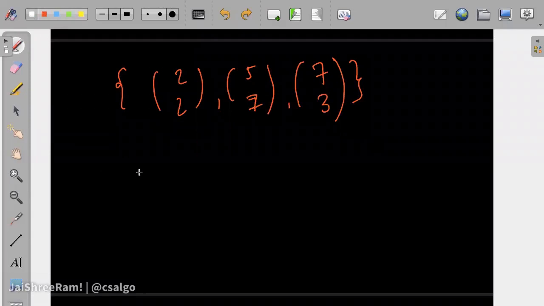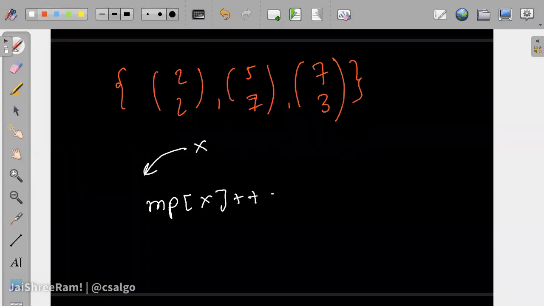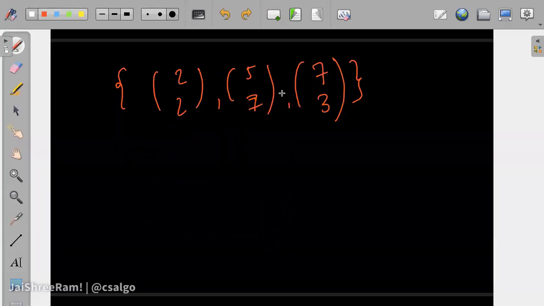So whenever some particular x comes inside the bag, we will create a map MP and we will increase its frequency, right? So if we write this, for this element x, let's suppose this is x, its frequency will increase to 3. Okay, this is what happens when you do this. So whenever something is inserted, we will increase its frequency. So now these first values are elements and these second values are frequencies. So we are maintaining element comma frequency in a map.